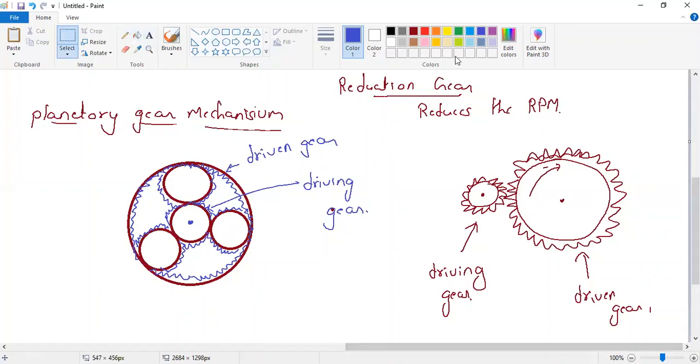See, you need to look at the number of teeth. This is a small gear and this is a larger gear, right? Same as this. So when I do this arrangement, this will rotate one time, and for this one complete rotation, the driven gear has to rotate 3 times. So I get a reduction of 1:3. Correct? You have reduced it 3 times. Such a mechanism is called the planetary gear mechanism.